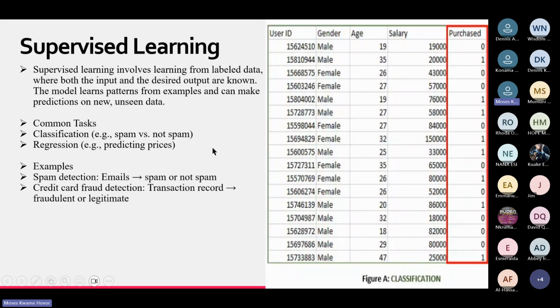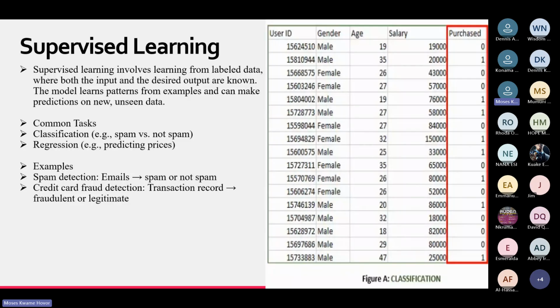Some common tasks that supervised learning can help us achieve: one is classification, two is regression, as I just talked about. Some examples we are going to look at are spam detection and credit card fraud detection.